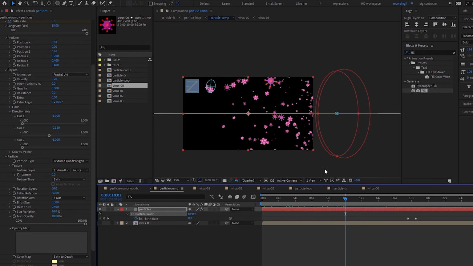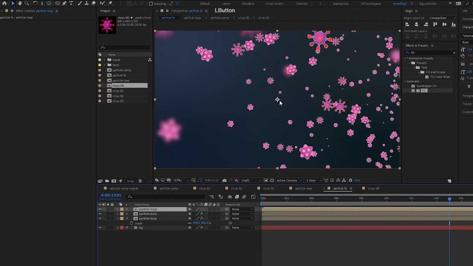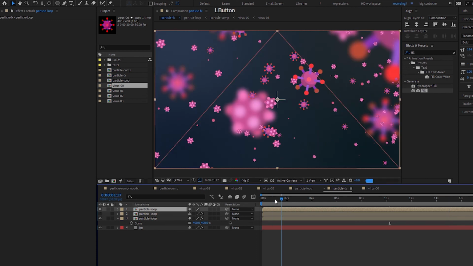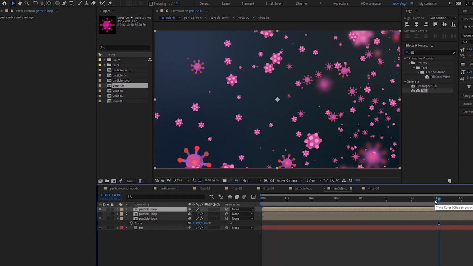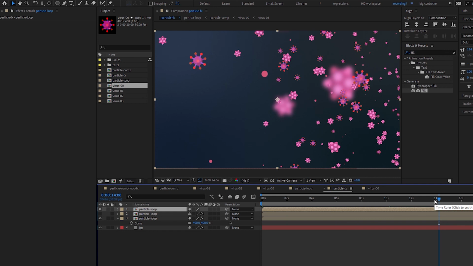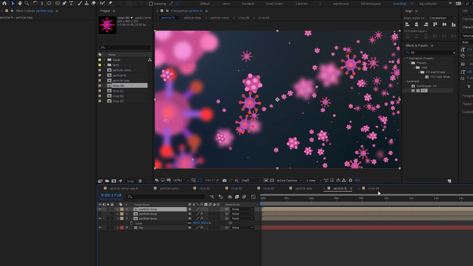remains that throughout the lifetime of the particle. Okay, so back in our FX here, we have a whole lot of different particles in 3 different variations. Our crown prints, our not so crowny prints, and then our just dots here, and you can see that it loops. I think this is a very useful way to do a lot of things, such as learning how to loop the particle effect, how to create a particle loop, how to create these multiple particle sources within just one